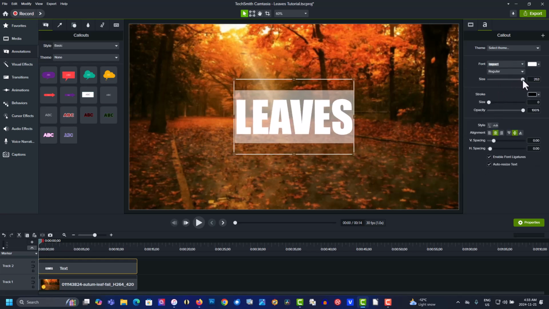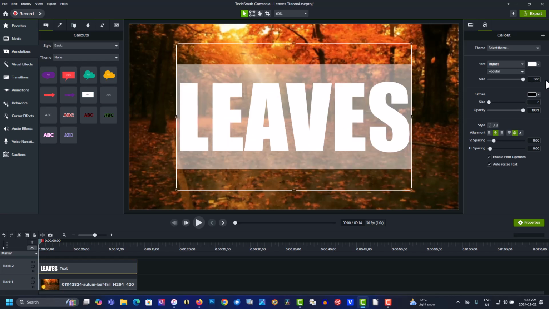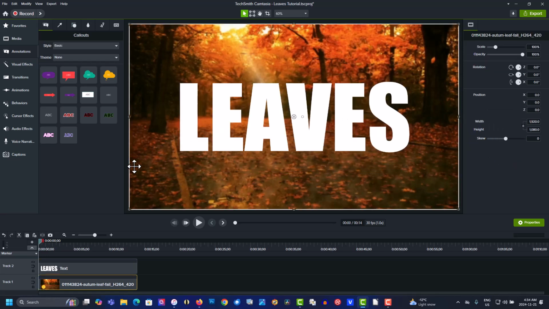Scale this up. Using the scale only goes up to 256, but you can override it by typing in 500. That will give you the largest font you can get. Okay, so that's done. Now we're going to go to Visual Effects,